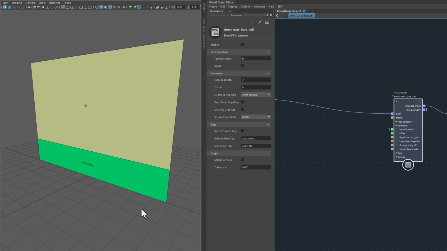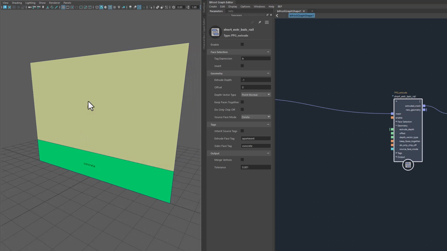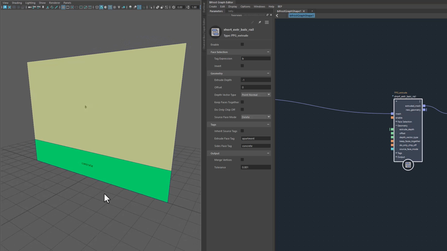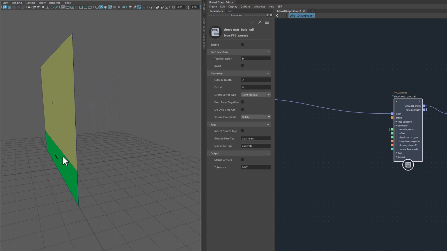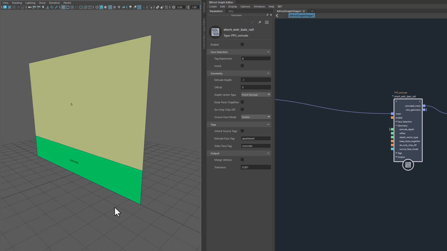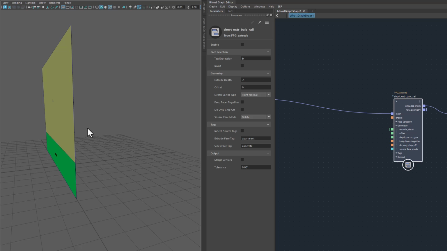So we actually start with a single polygon like this one here. I started with a B, which is the balcony or the face tag for balconies. And imagine this concrete strip would be continuous. That is one of the challenges that I had in this project. So with this continuous concrete strip, I want to construct the apartment behind this. So the continuous concrete would be part of the loggia, which makes it a bit complicated to construct the apartment